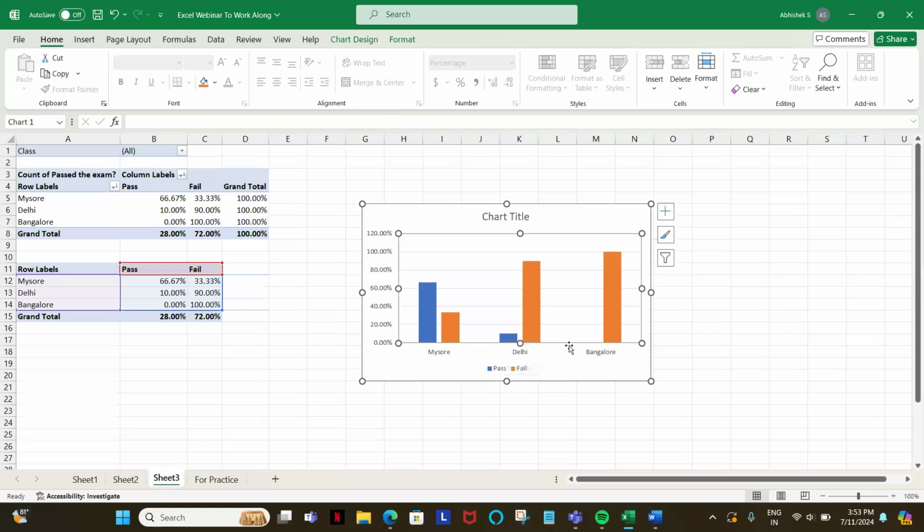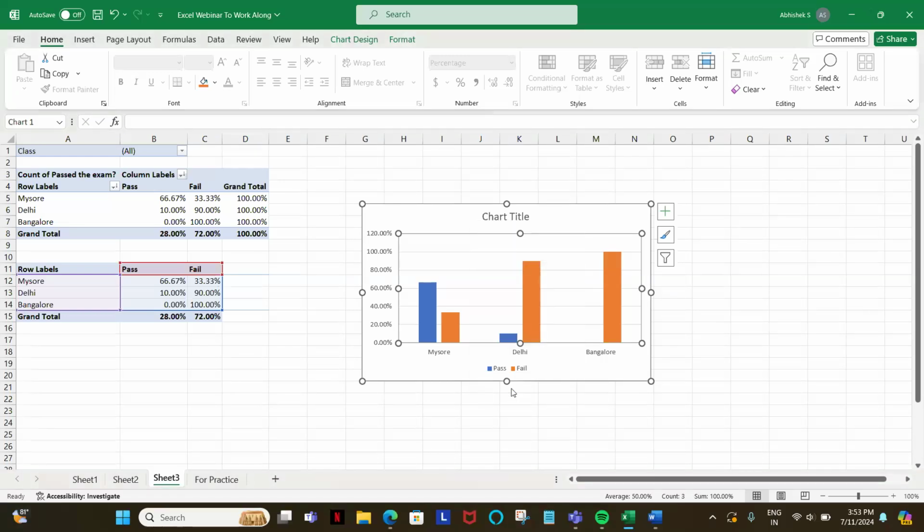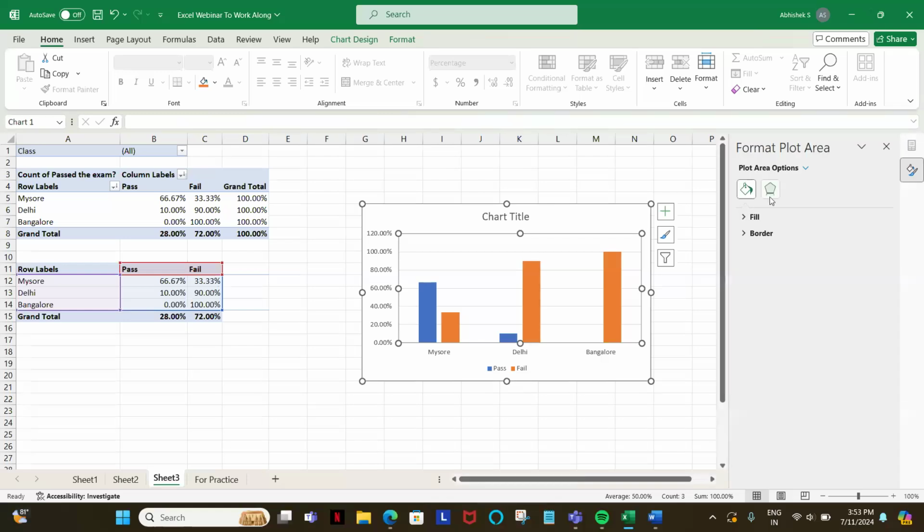It gives the names over here, the city names, and it also gives a legend that represents the number behind it. Okay, it is 120%. Can we change it to 100%? We definitely can. All we have to do is go to plot area, and then